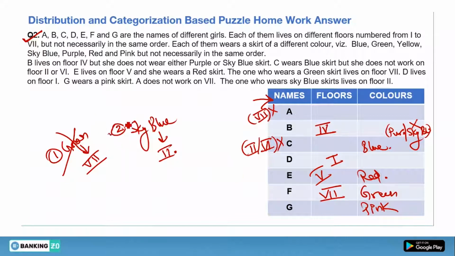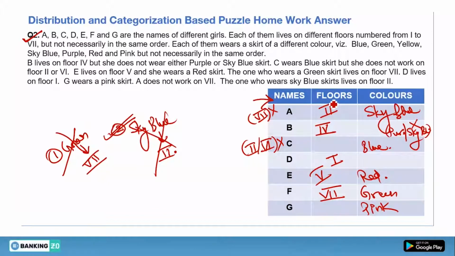Now we have to put our second hint, which is in front of sky blue; floor 2nd will come. Now we have to check our puzzle. By checking our puzzle, we can easily see that every person has one variable with them. Only A has a space, of floor and also of colors. So in front of A, 2nd floor will come, and in front of A's color, sky blue will come. Okay, this hint we have used.